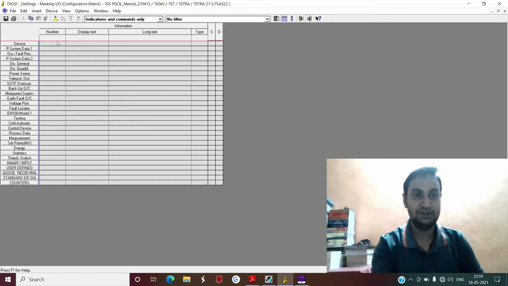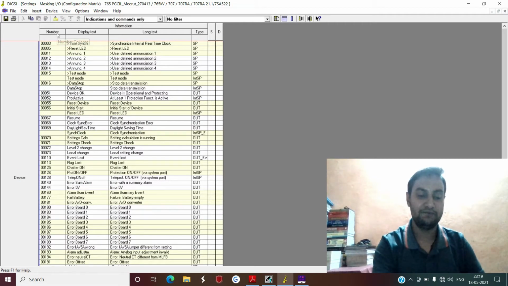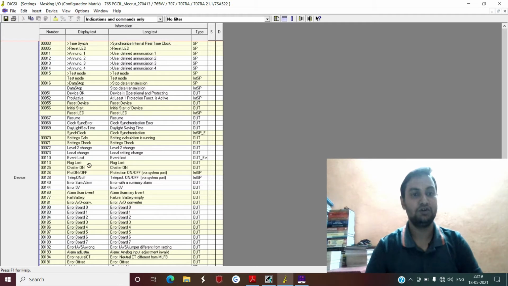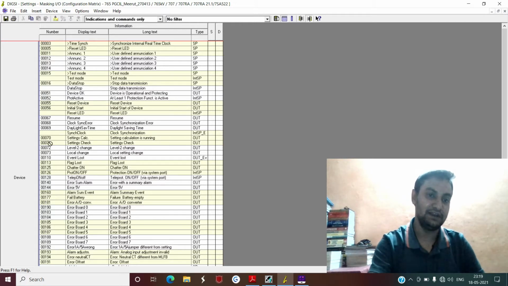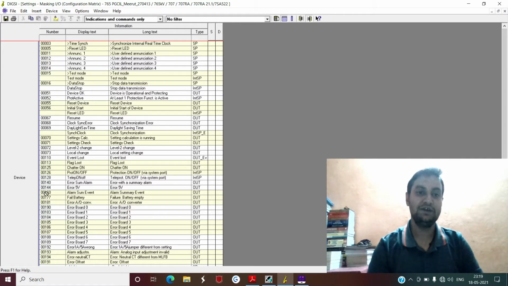Now, let us look at the columns on the right hand side. The first thing you see is the numbers. These numbers are basically 5-digit numbers like 00003 or 00070, 00071. They are generally used so that when you are searching for anything inside the 7SA5221 relay manual, the process gets simplified.